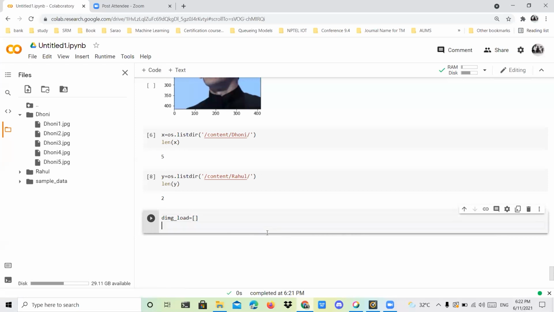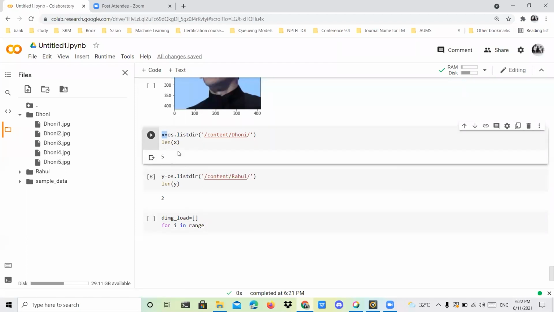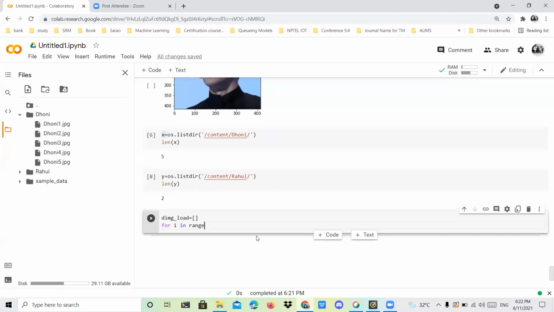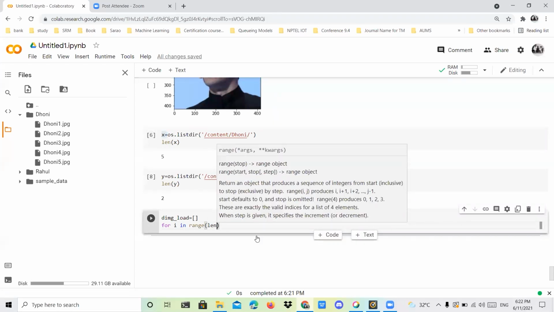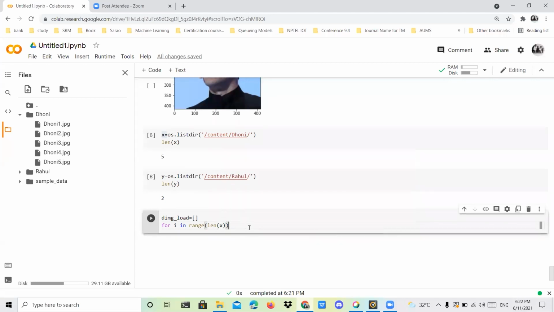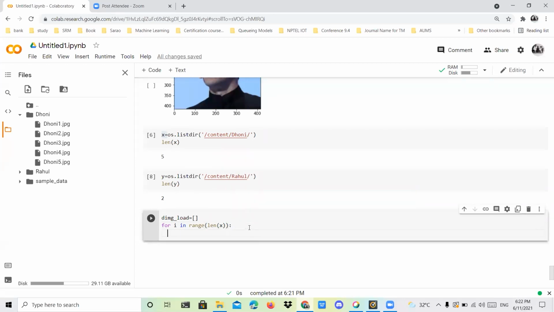After using this square bracket, it is considered an empty array. You can load your images in this place. I'm going to use a for loop, for i in range. The range is how many images there are, and that variable holds only the number of images. That is all we want, the range alone. Here you can mention the length of x, ending with a colon.